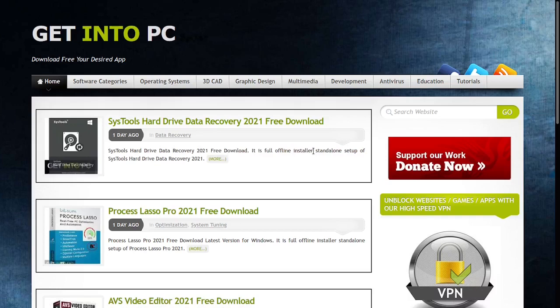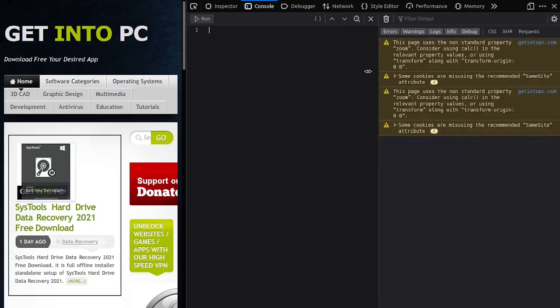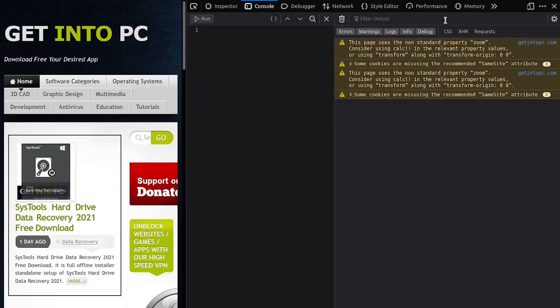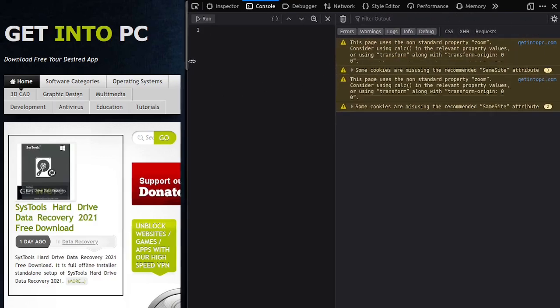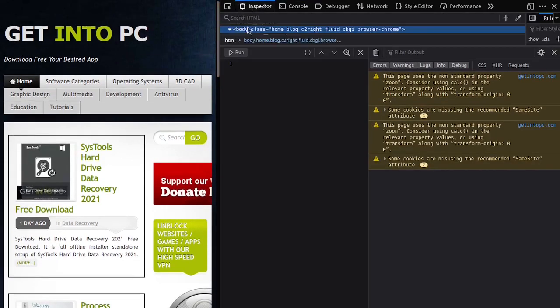So next, developer tools. It's Control-Shift-I, or your inspector. You can always check your inspector. It's one way of doing it. Okay, next thing that we're going to do right now is